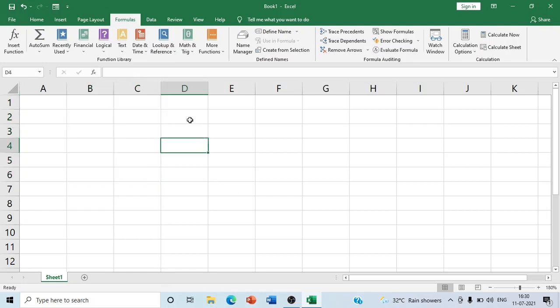Now students, we are going to learn some other things. When we use functions, we get some kinds of errors when we apply them.